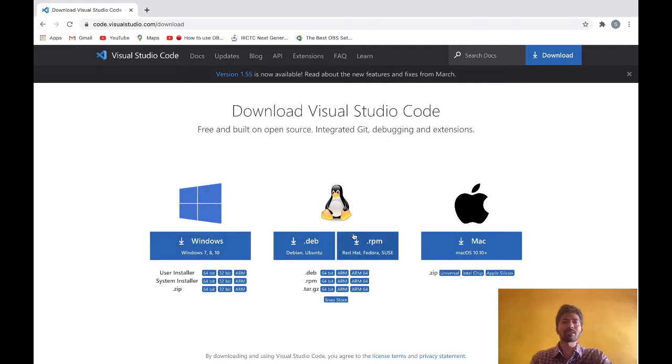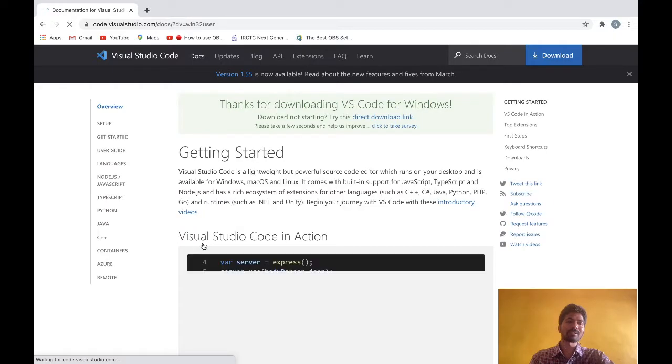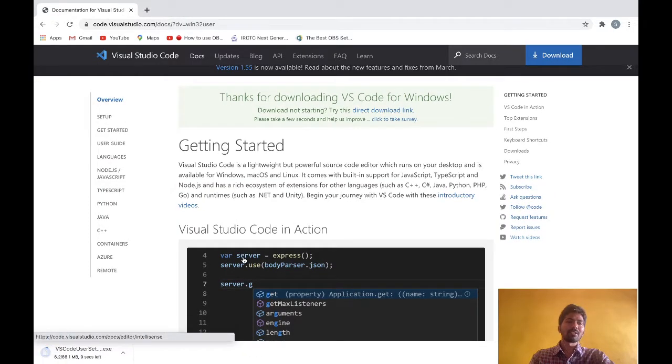If you are using a Linux system, you can click this one and download. If you are using an Apple Mac, you can click this one and download. For example, I am using Windows, so I click this one, then the download happens automatically.